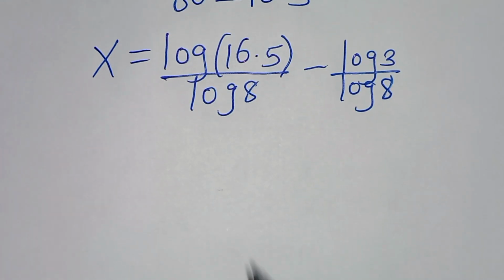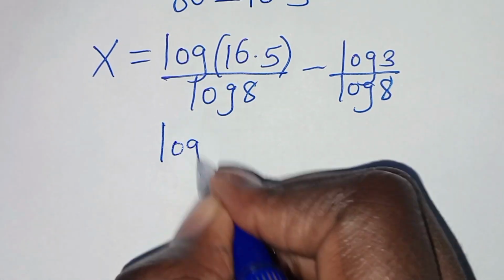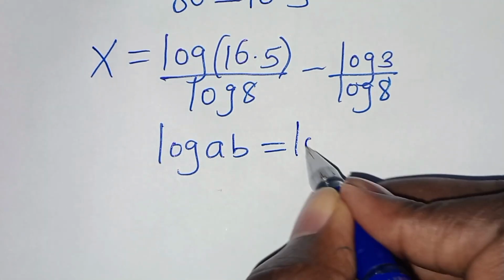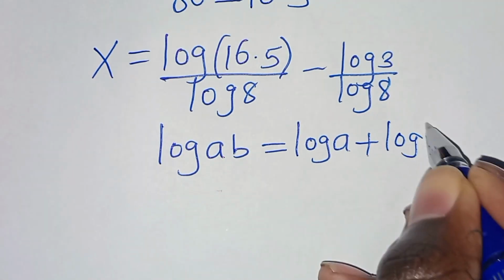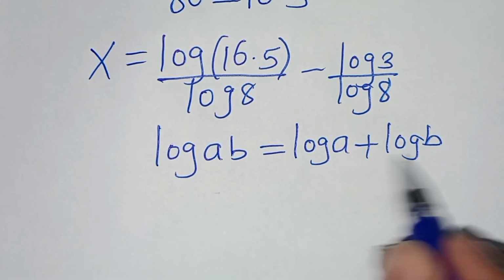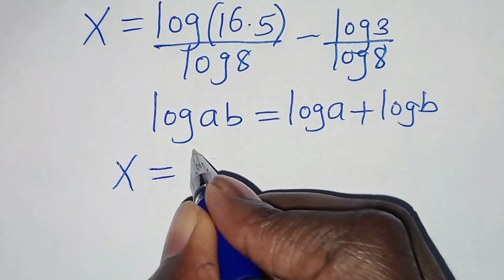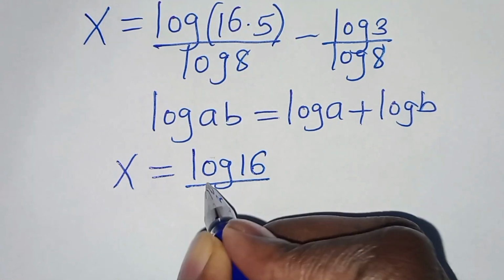Now, the next step is that log 16 times 5, this is in the form of log a times b, which you can express as log a plus log b. Applying this logarithm property, then this follows that x is equal to log 16 divided by log 8